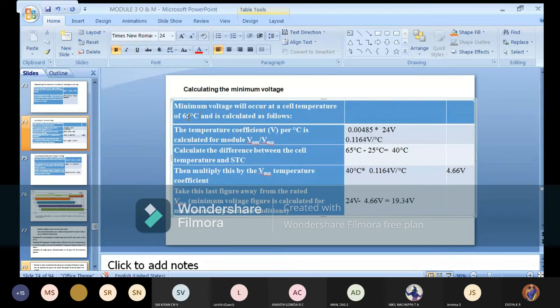So for that purpose, what we have to do, we have to convert that percentage to the decimal. So in the last class, we did that decimal conversion, that is 0.00485. And the maximum output of a module that has given 24, means each module is going to contribute maximum 24. So if you multiply that, you're going to get an answer of coefficient that is 0.1164 volt per degree Celsius. So this unit will be done whenever you convert this coefficient term in terms of decimal.